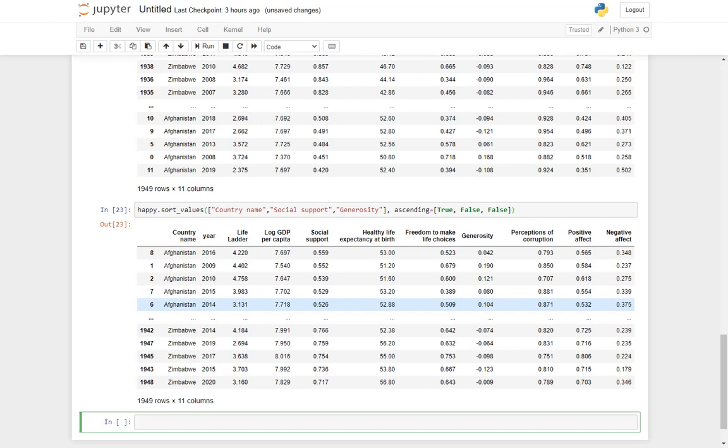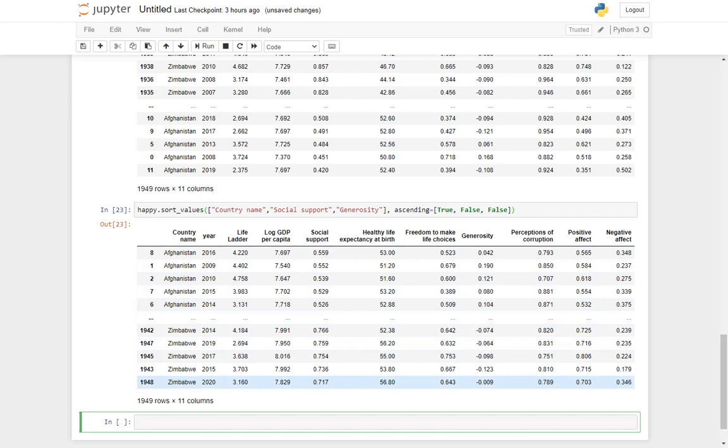In that, if there are repetitions, in this case I do not see any repetitions. So if there would have been any repetition of the social support number, meaning the country is the same and social support is also the same, then it would have been sorted depending upon the generosity. Here, generosity, it will not look into generosity because the social support number is not repeated anyway.